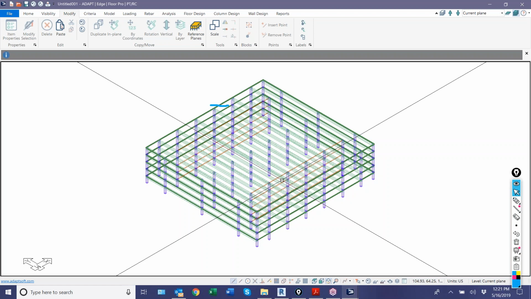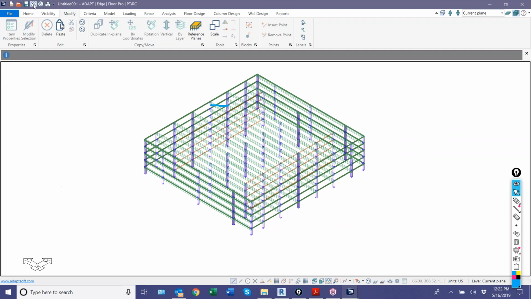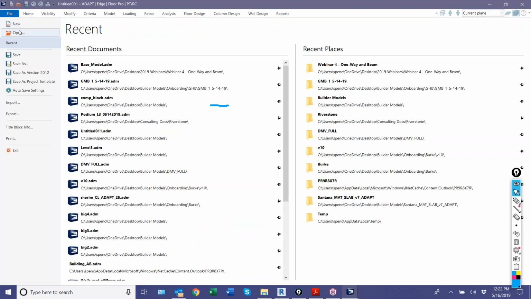Okay, so that's a little bit trickier, I think, if the CAD file is not set up in a way that it can easily be converted to a structural model. You have to jump through some more hoops. You might have to use construction lines to get things in there that you want, but that's an example of converting the CAD file. Now I'm actually going to go back to my model